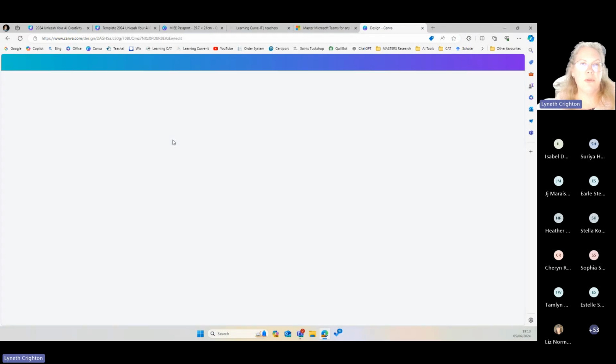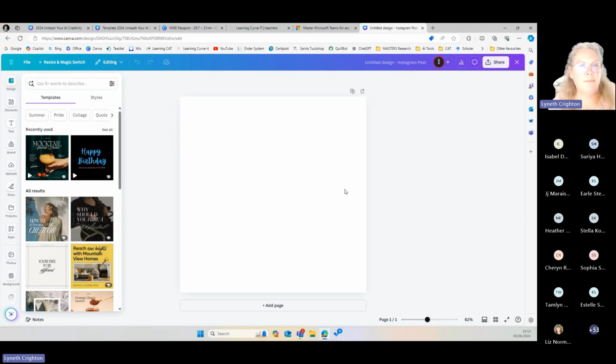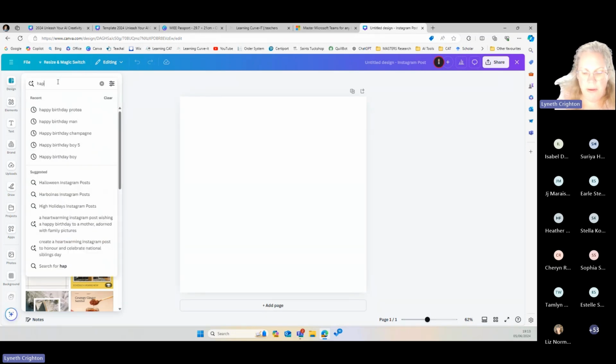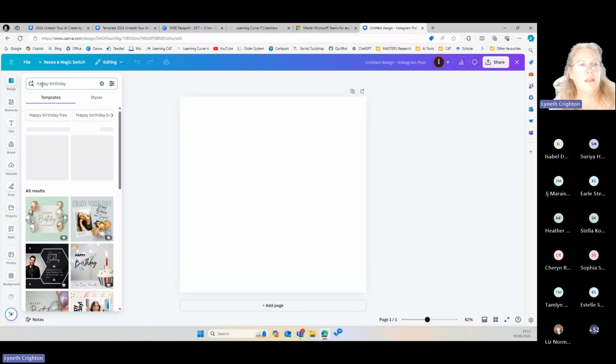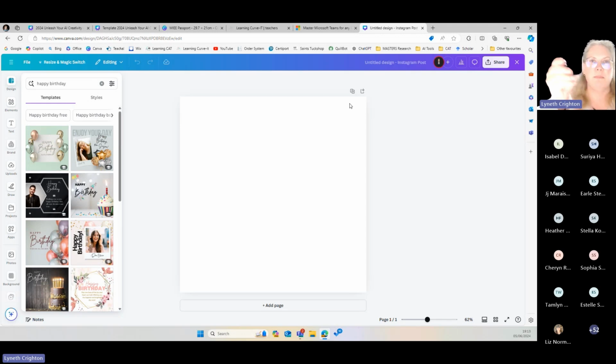And for example, Instagram, it gives you a square. The easiest and simplest design is to type happy birthday, for example, a design that says happy birthday in the search, and then you select one of these designs. So now I've lost my picture, so I have no idea if you can see when I'm going to hold up my phone.